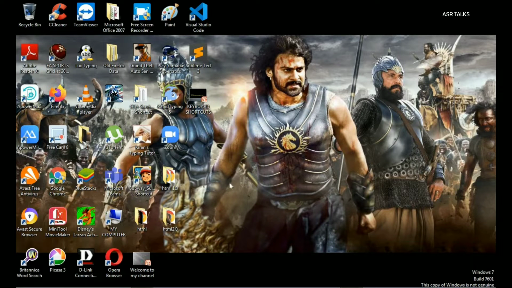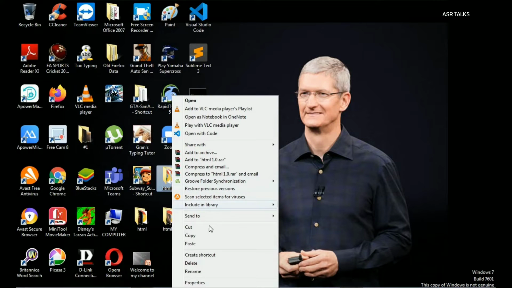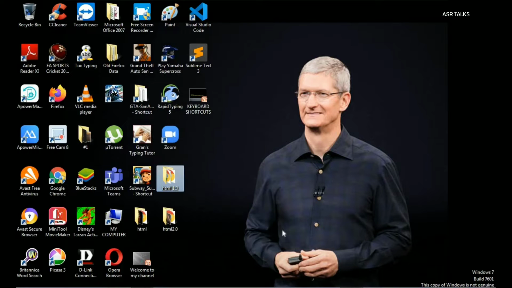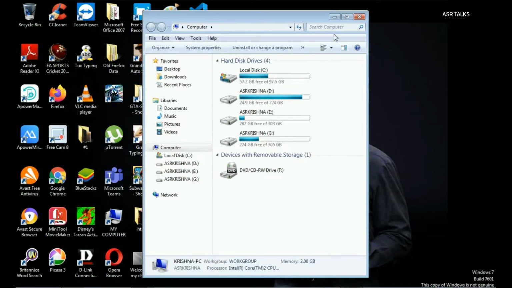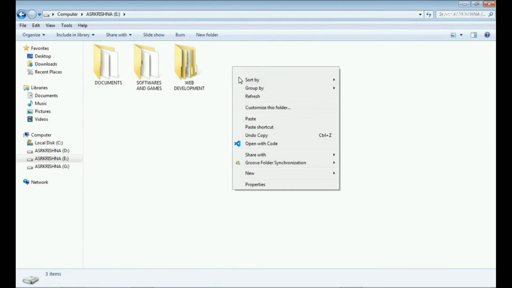To copy the selected item, we generally right click by selecting it and click on copy. Then we choose our destination folder to get it pasted there. Here I am opening My Computer and selecting my destination folder and clicking on paste.